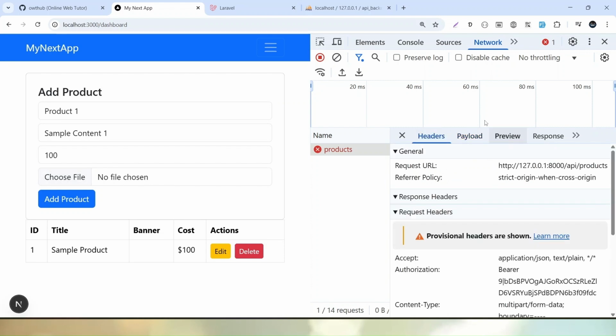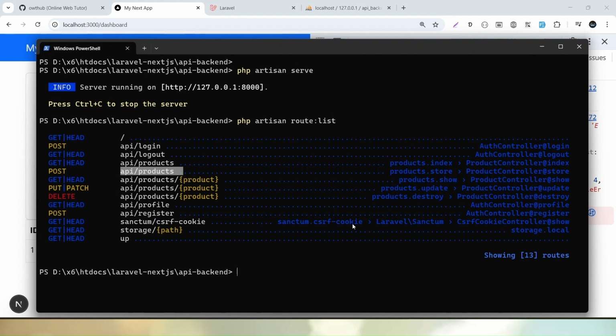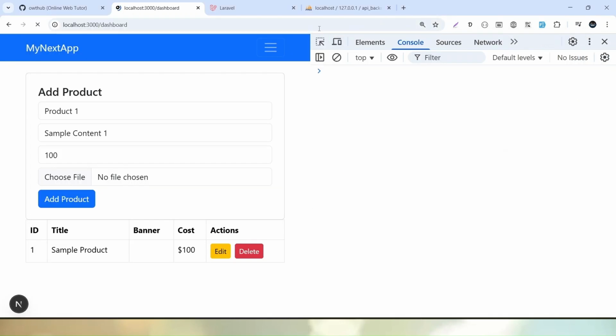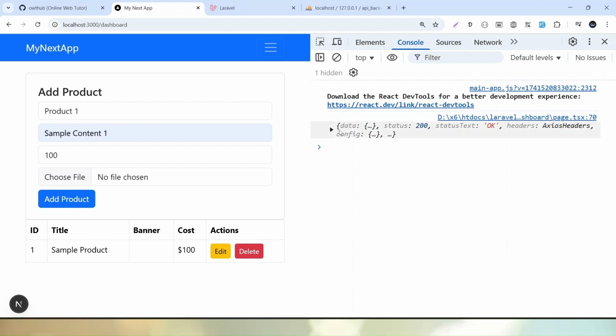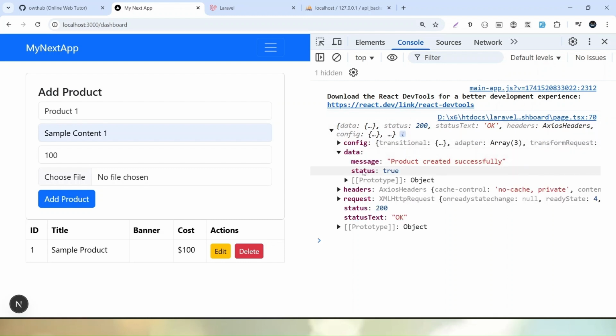But why we are getting some error? And this is something okay. Actually, we have to start the development server. So PHP artisan serve, hit enter, start it. Now let's go reload. So it will be product 1, sample content 1, 100. Click on add product, and successfully inside this response, if I open, go inside data, now you can see status